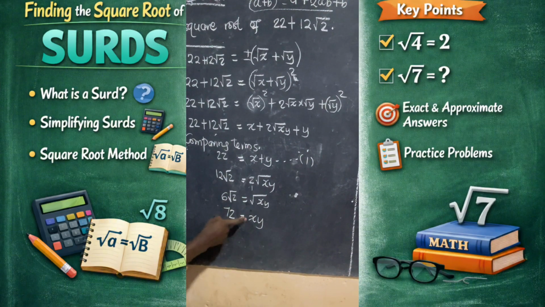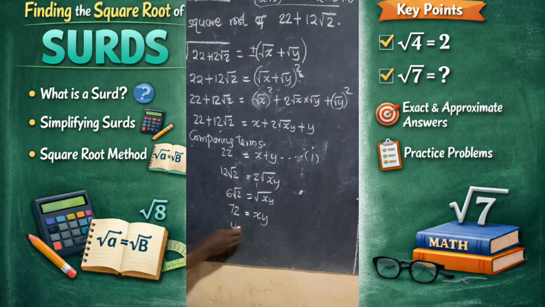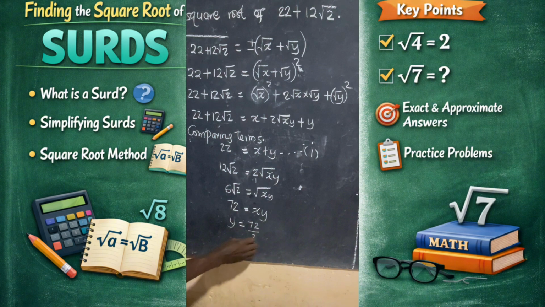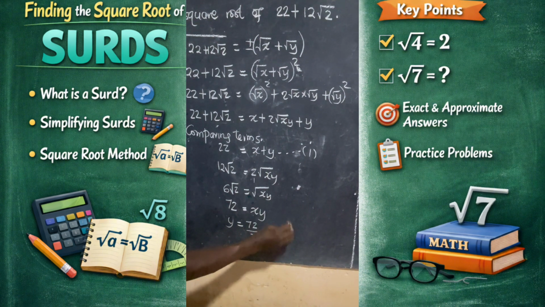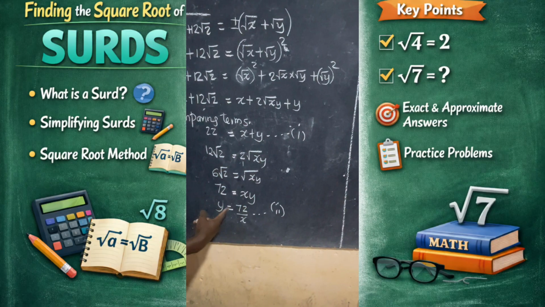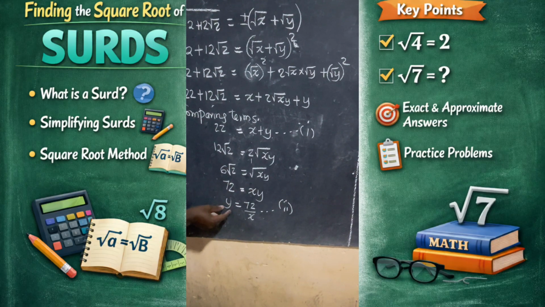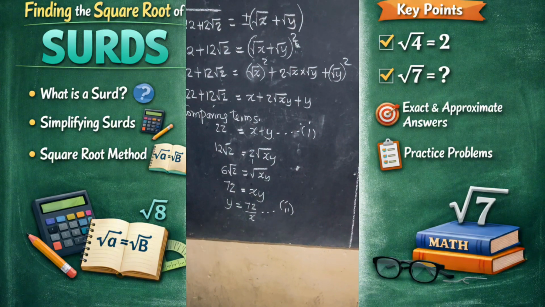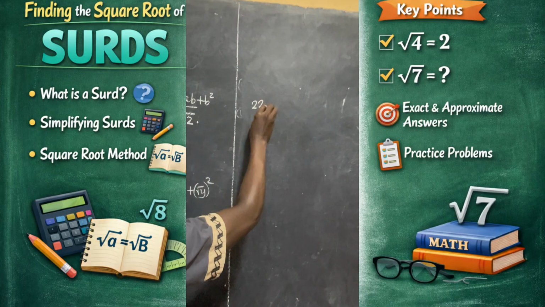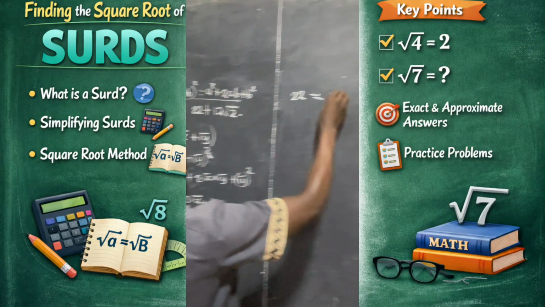Then from this, I need to make either x the subject or y the subject. So if I make y the subject, divide through by x, I'll have 72 over x. Now this is my equation 2. Remember, I have equation 1 with x and y. I also have equation 2 with x and y. But now I've made y the subject. So I'm going to get this y value and substitute it in here, such that I have 22 is equal to x plus